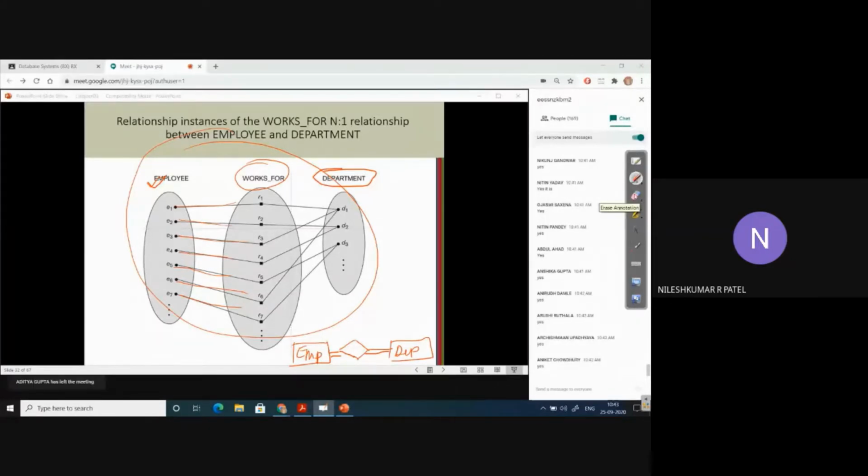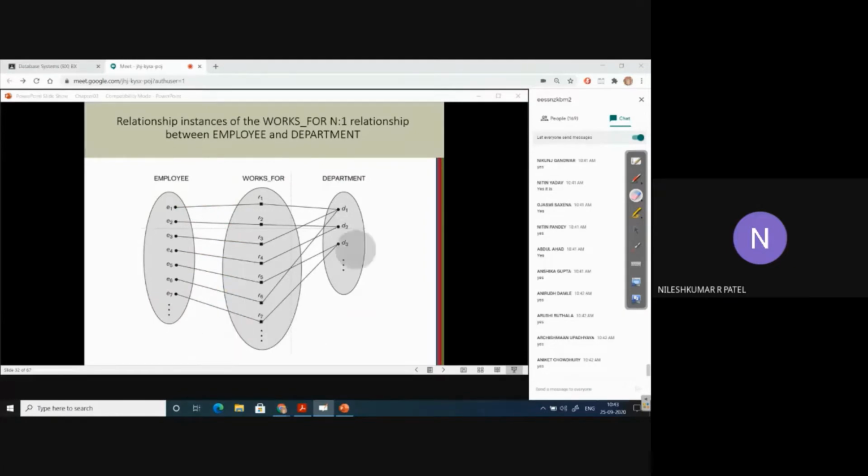If it is partial participation, we use a single connecting line. So this is the meaning of total and partial participation. First of all, you have to think whether all entities are participating in a relationship. So this employee connects to that diamond with a double line. And if department is not totally participating in this particular relation, we use only a single line, and there will be one diamond box, something like this. This is the way we define in our ER diagram whether participation is total or partial. It is an important thing.